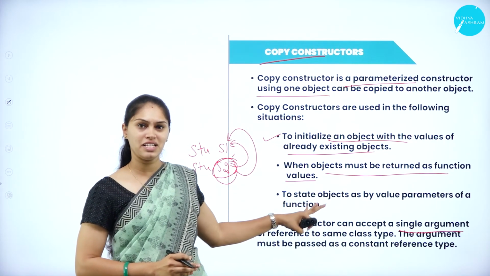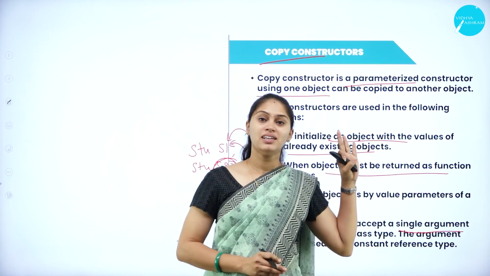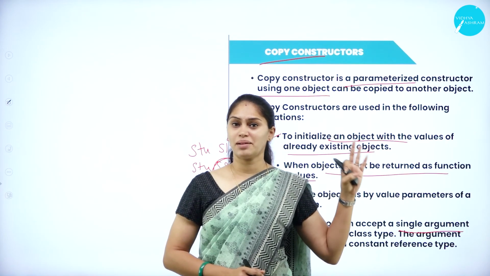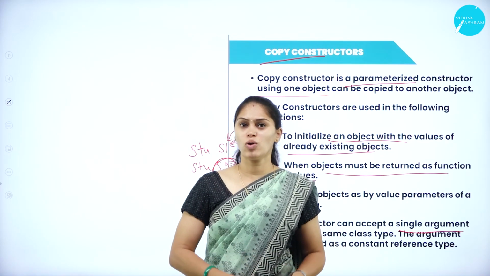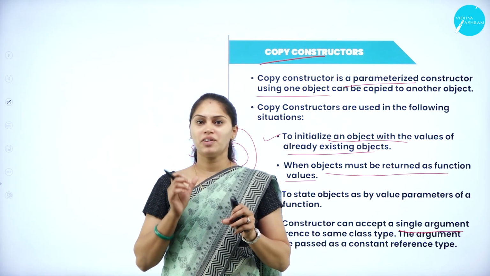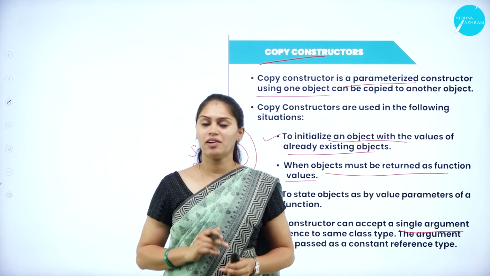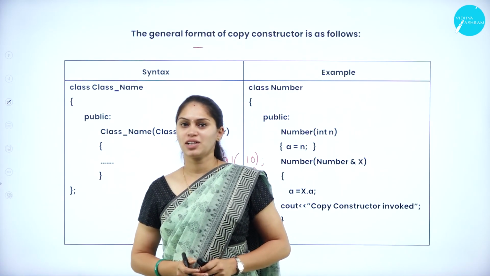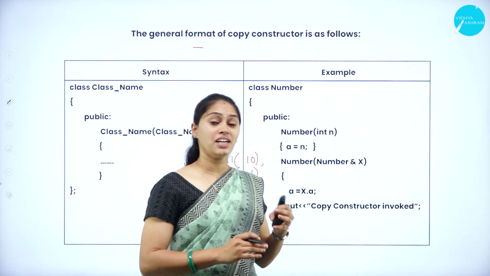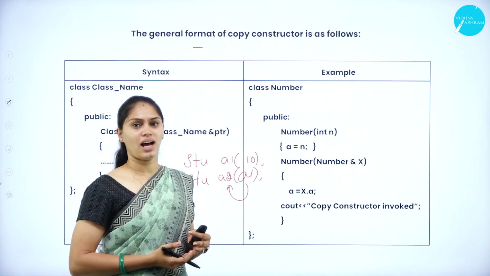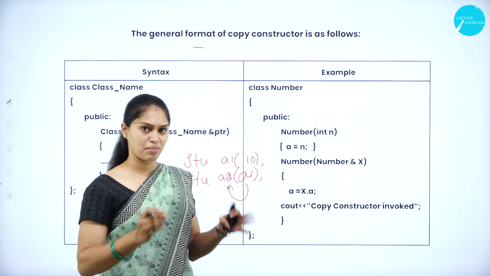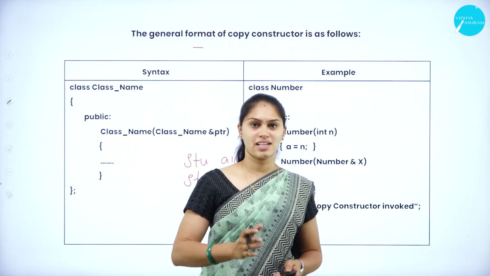In this copy constructor, you just remember the syntax. That means here I am not going to send the whole object as an argument. I am going to send only the address of an object as the argument. When I want to copy the content of one object to another object, I am going to use this copy constructor. The situations where I can use this copy constructor, you have to remember along with the syntax and example.